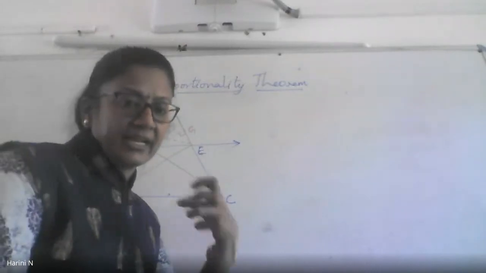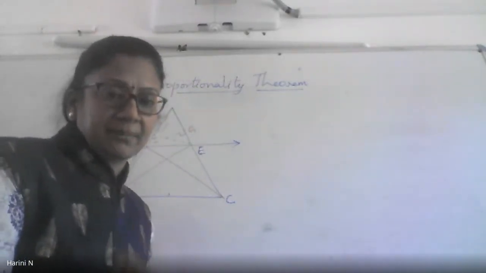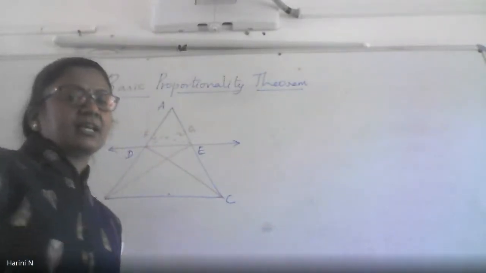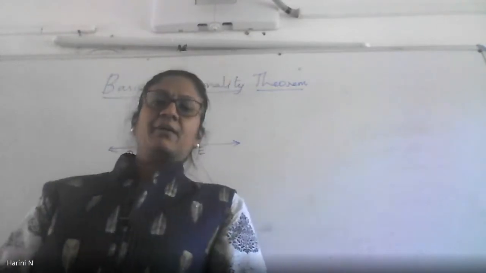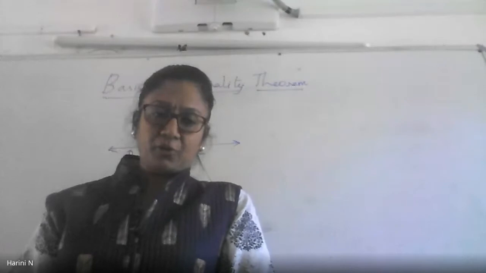Because some of you were asking, we can quickly recap the basic proportionality theorem, which is the first theorem we have done in the chapter of triangles. Before this, I had given you a video which was a short introduction of what is similarity, because we have already done congruence of triangles in the previous years. Now we have quickly also understood what is similarity and how it is different from congruence.